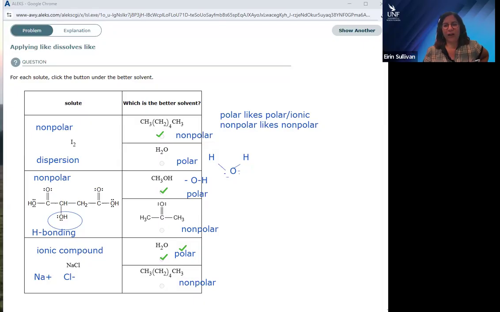All right, so hopefully that is helpful for you to try and work out what like dissolves like means. When we say like dissolves like, it means polar likes polar things. So charge differentiation, bond dipoles, ionic compounds. Non-polar likes non-polar, so you can't dissolve sodium chloride in something like benzene or toluene or some massive hydrocarbon. Okay,